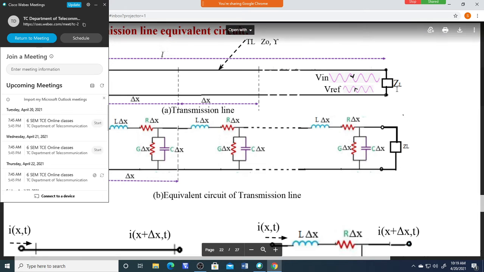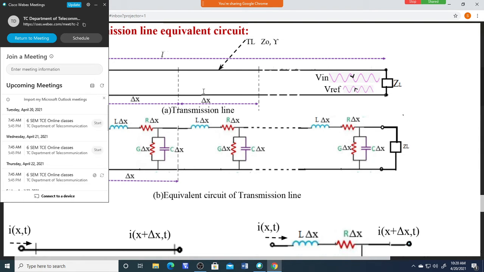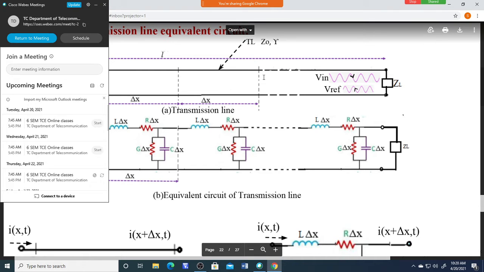See, this is a transmission line. The incident wave is incident over the ZL here. What we are expecting is that this entire wave must be dissipated in the ZL, but because of mismatch, if ZL is not matched with the Z0, a reflected wave will be there. It is going in the opposite direction. And this VIN is coming like this and is incident here. Because of mismatch, a reflected wave will be going like this.